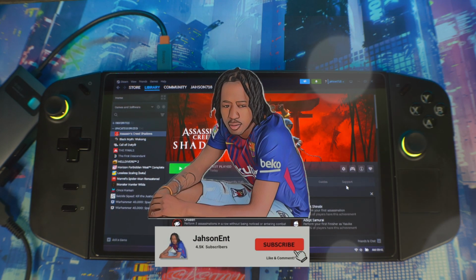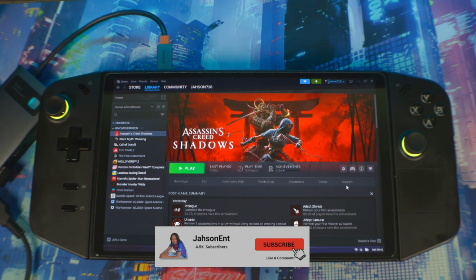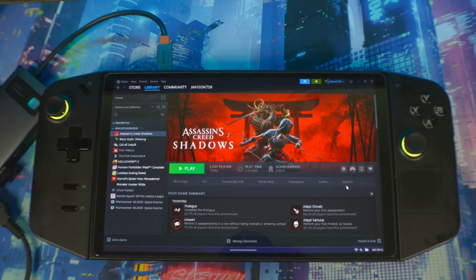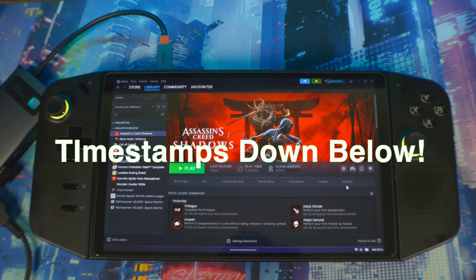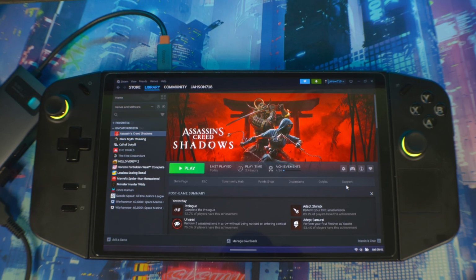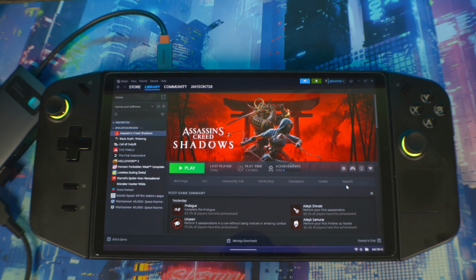Assassin's Creed Shadows came out about 2 days ago on Thursday. So I'm just going to give you guys the best settings that I'm rocking for this game, including my AMD settings, my in-game settings, my Legion Space settings, and also I'll be doing 3 different comparisons of the 3 frame generators, right? Which is FSR3, AMD Fluid Motion Frames 2.1, and also Lossless Scaling,